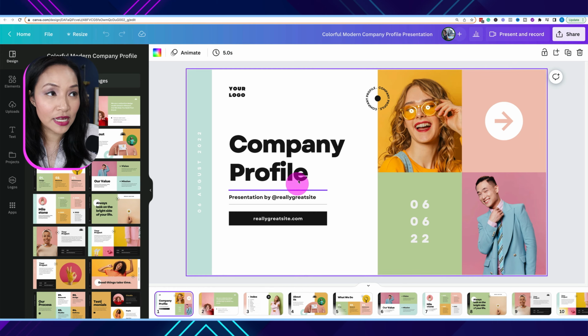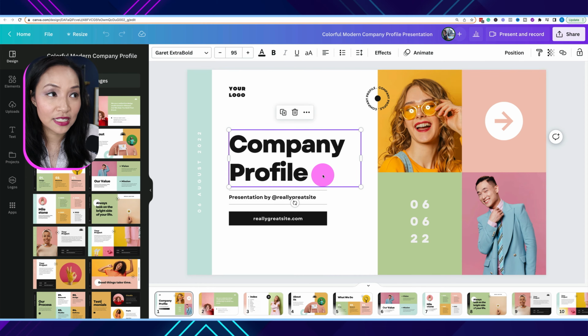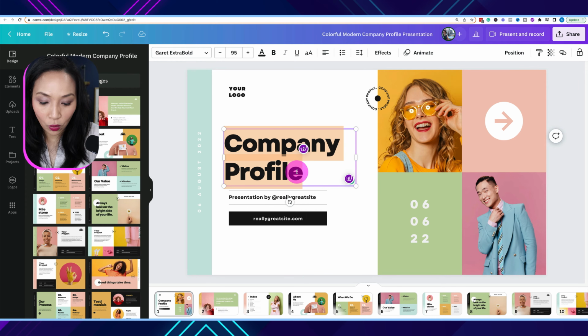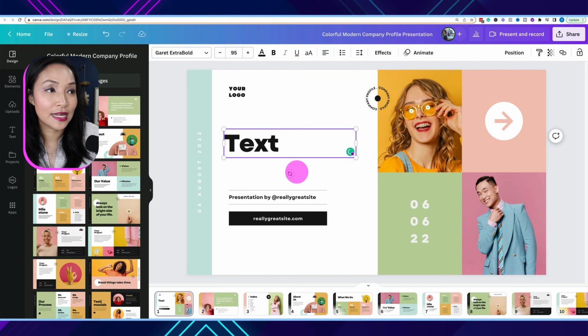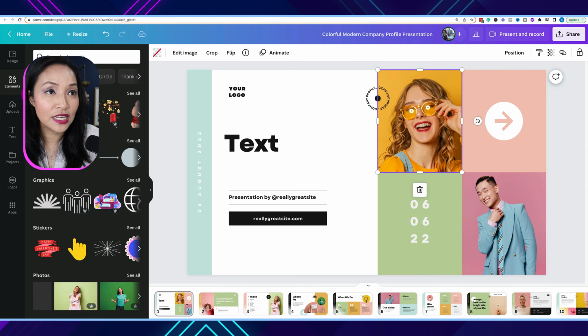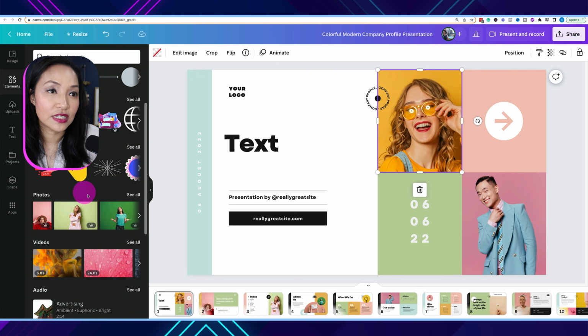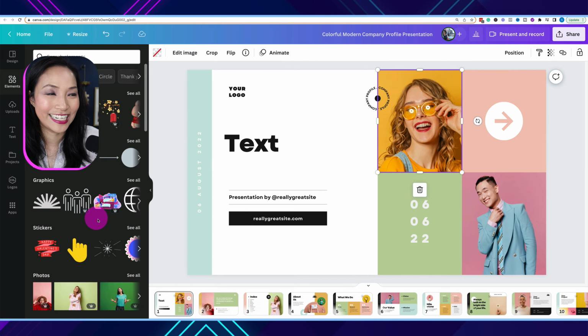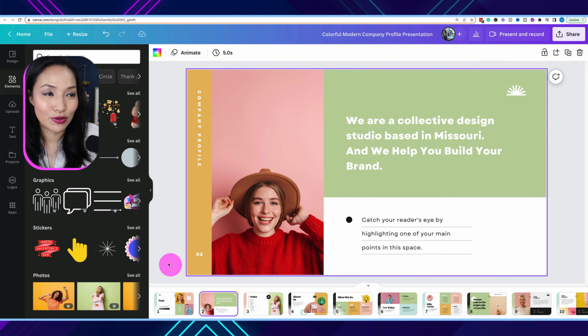Now, we're in here, and as always with your Canva presentations, you can change the text. Simply click on the element that you want to change, whether you want to move it around or play around with the text and update the text to be your own content. And same with the images. Select what you want to either replace or delete, and you can also click on the elements section here to add your own graphics and videos and tables, etc. So that's a crash course in making changes to the presentation.